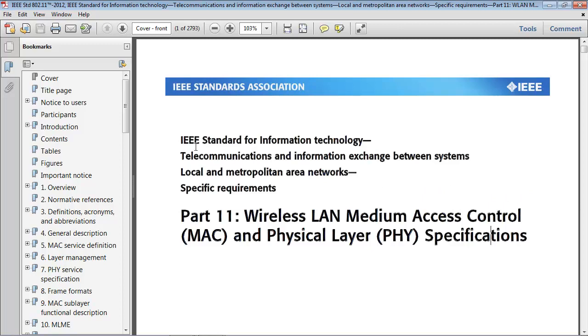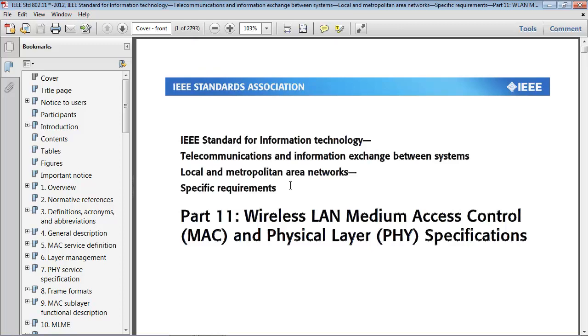So here we are looking at the 802.11-2012 standard. We can see right here it says it's an IEEE standard for information technology. When you're looking at one of these documents, this is a key thing to look at in the IEEE standards, because if it says it's a standard, then it has been ratified. Notice that it is Part 11. Part 11 of what? Well, it's Part 11 of the 802 project, hence 802.11. The dash 2012, it's the roll-up that was created in 2012. You can see up here at the top that we're looking at page 1, the cover page, of 2,793 pages. This is a big standard.